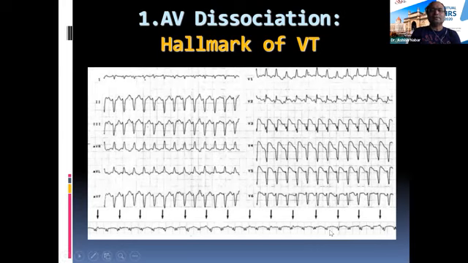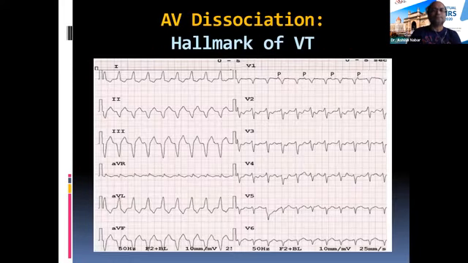Once again, this is a lead at the bottom, a rhythm strip. So it's important to look at the rhythm strips. If you are convinced that this is a P wave, then you take your calipers and say, okay, this is the P wave. Now this interval, you can actually follow through the trace. When it's inside, you will not see. But once again, if you come here, you'll see that this is a P wave. Once again, you come here, you see. So this technique has to be a little bit mastered as to where to look for a P wave to find the AV dissociation, because that clinches the diagnosis for you.